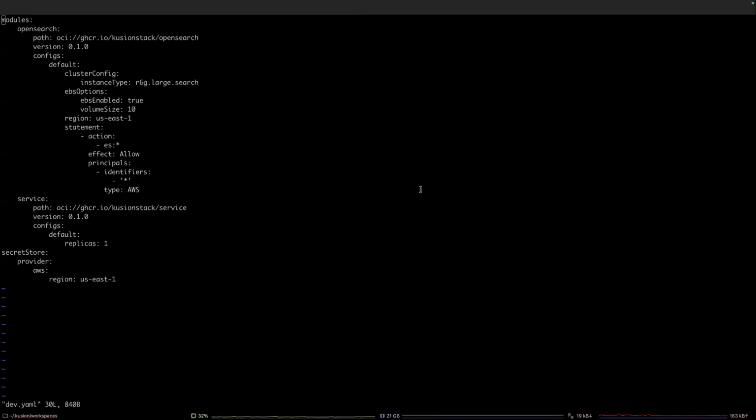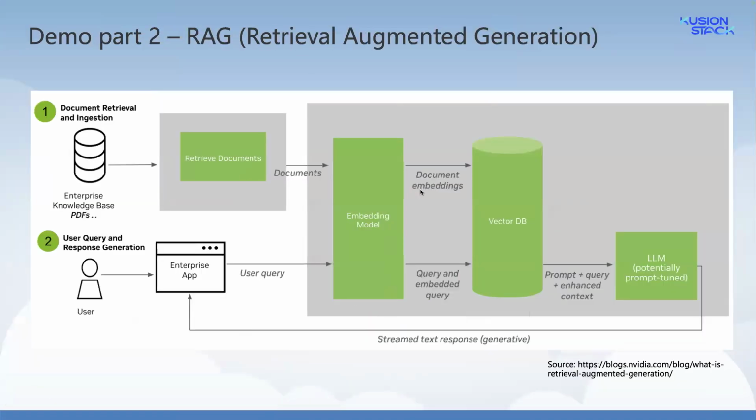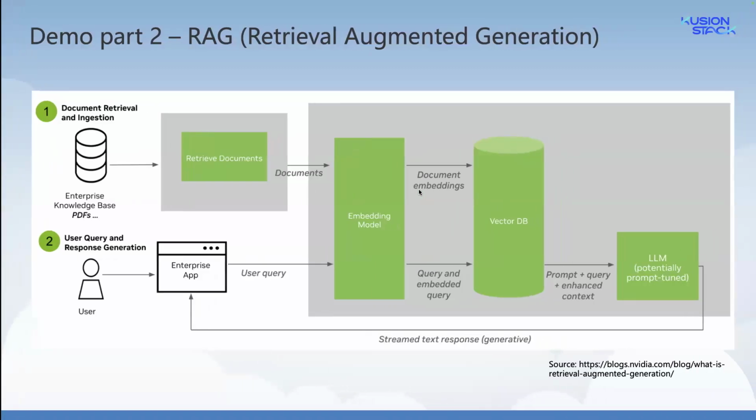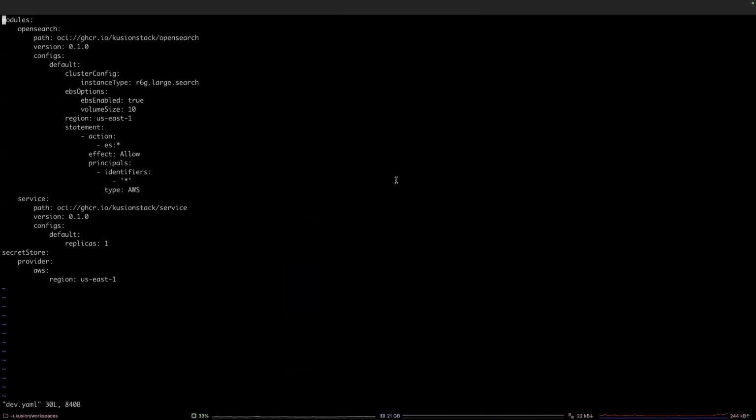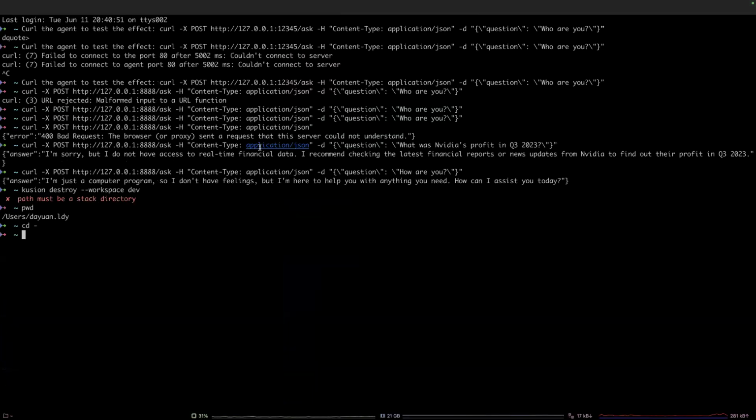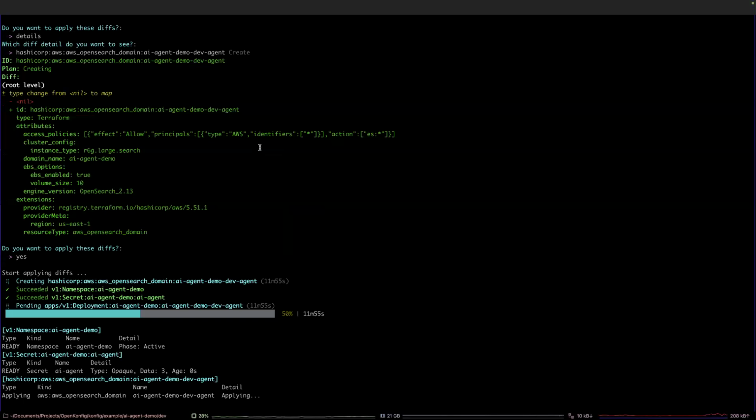Okay, let's continue. Let me check if the provision has finished. Oh, it has been 11 minutes and it's still